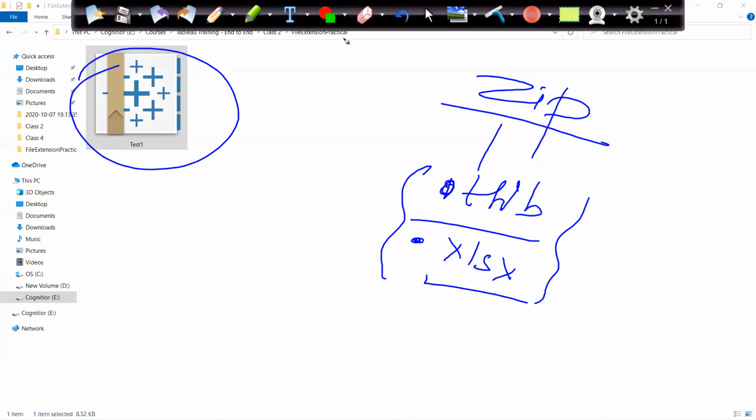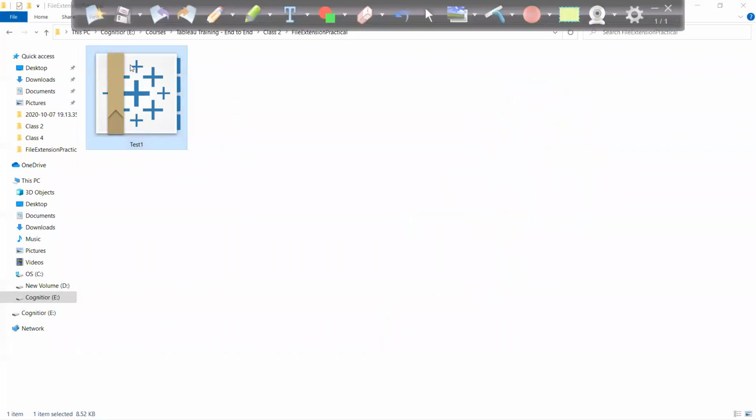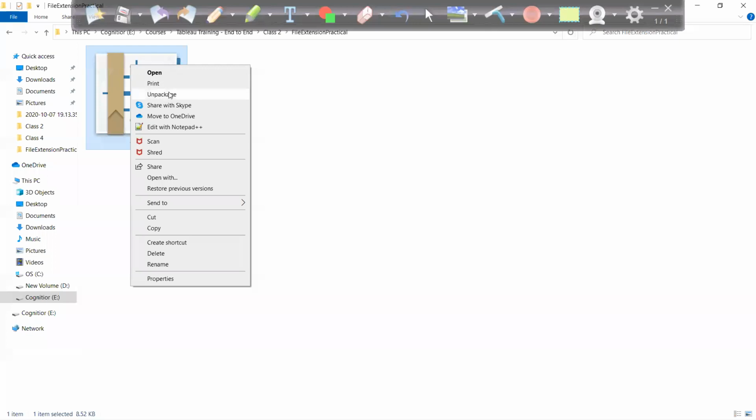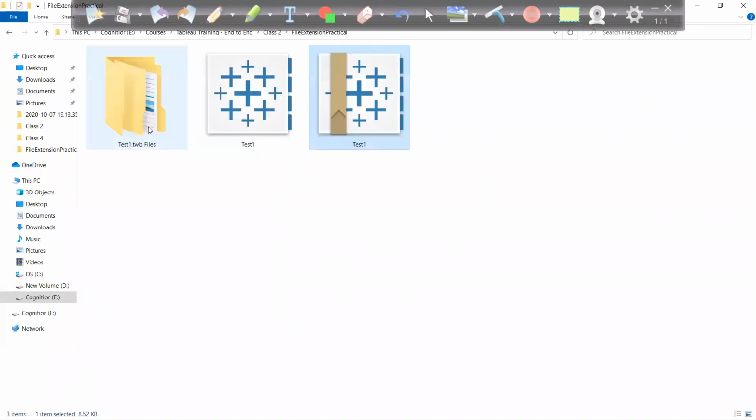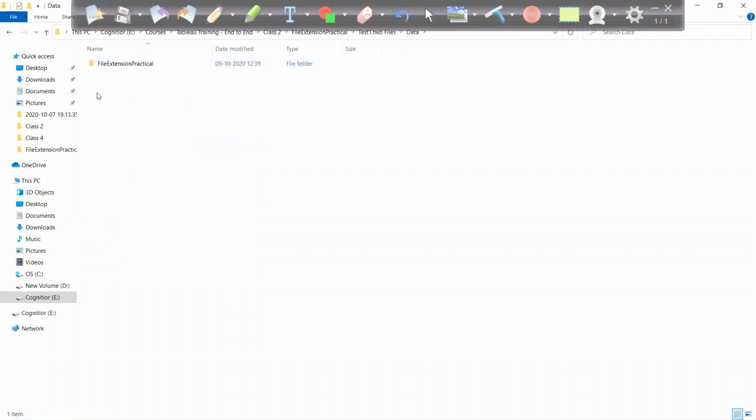We can check whether it is there or not. Right click on this, there is an option of unpackage. Let me unpackage this. You will get a folder and a TWB file. You see, this is my TWB file and a folder which consists of the data as well.